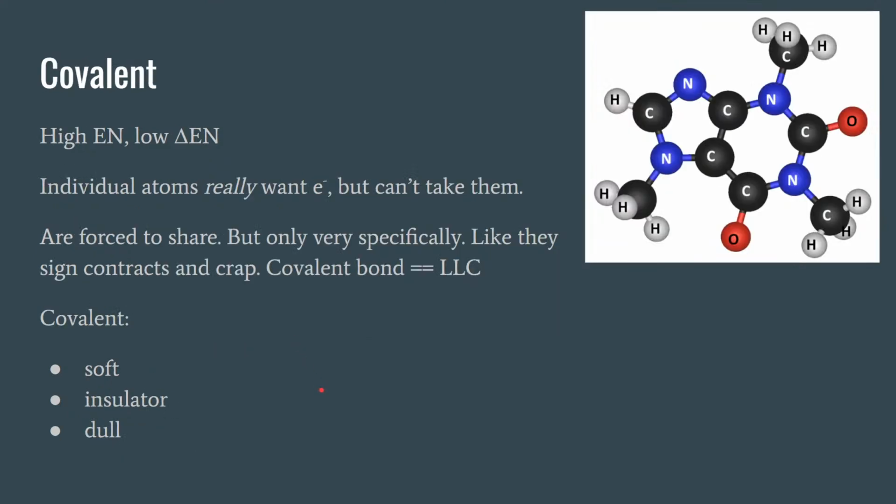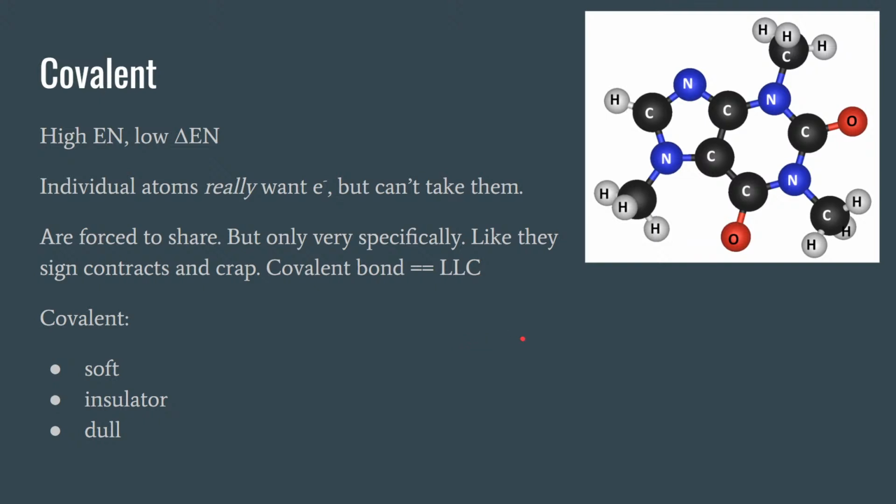All right, so next up we have covalent compounds. Covalent compounds could not be more different because the two elements involved both have very high electronegativity. They both have a low delta EN, that is to say, a low difference in electronegativity, but that's because they both have very high electronegativities. So the individual atoms really want those electrons. So they want to try and take them, but they can't because the other one also wants to take them. So where metals are sort of like hippie communes where everybody is really happy to just live together,